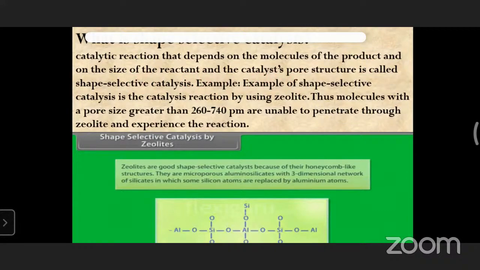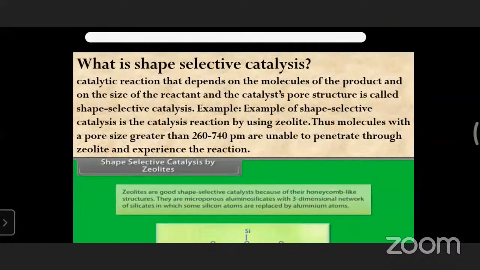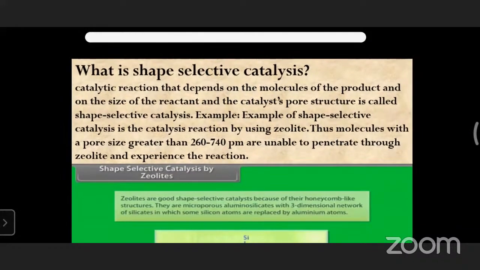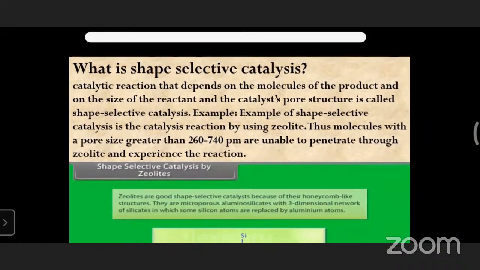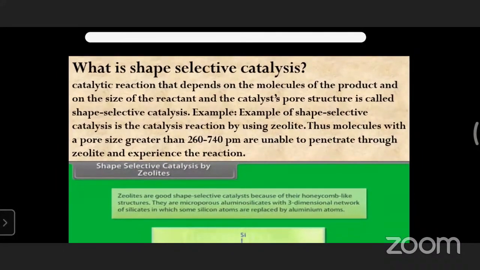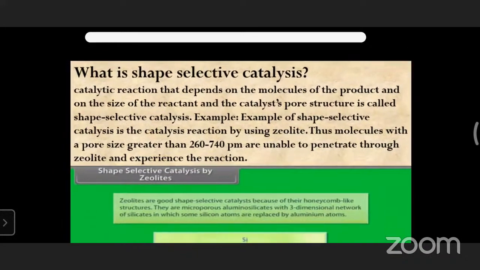Whatever the pore size of the catalyst is, based on that size, the reactant molecules will penetrate into it. At that time, a new compound is formed as a product. So based on the shape of the catalyst, the reactant molecules penetrate into it. Based on the selective shape only, the catalysis occurs. For example, if we see the